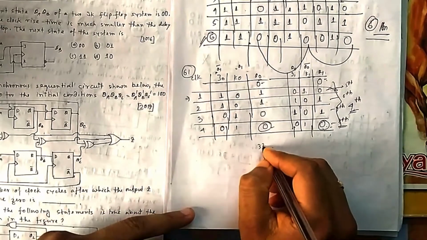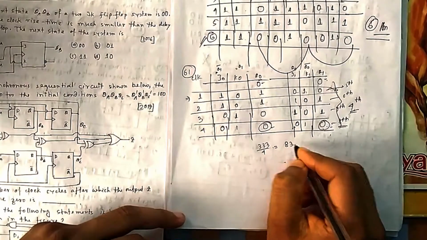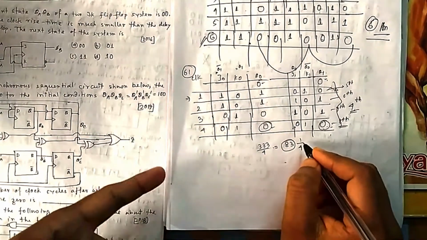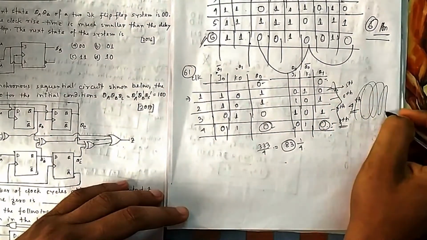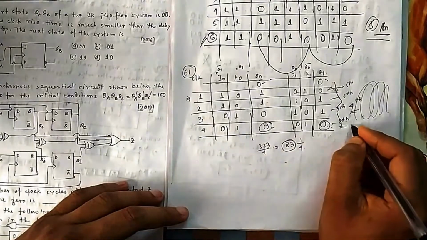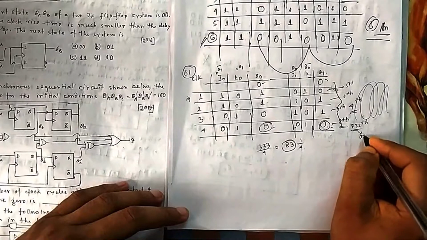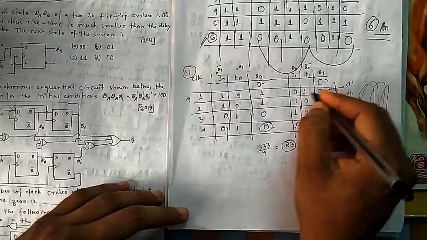So let us see up to 333 how many multiples of 4 there are. If you divide it, it is 83 and 1 by 4. So it will go 83 times, then 1 will be left. It will keep on moving like that 83 times. So when you reach here, that means the 332nd pulse will be at 0, 0. So 332 will be 0, 0. So next, 333 will go to this state, 0, 1.